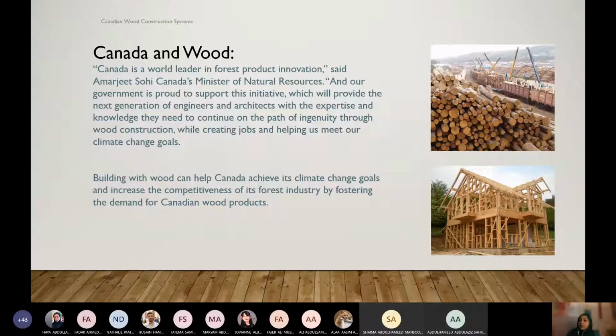Now, Canada and wood. The Canadian forest sector is a major employer nationwide, and its economic contributions are particularly evident in many rural and indigenous communities. Most of the lumber we produce here in Canada is exported. Less than 40% is consumed domestically. Since the mid-19th century, the United States has been the most important buyer of Canada's lumber. So that means we have a very large amount of benefit in our economy.